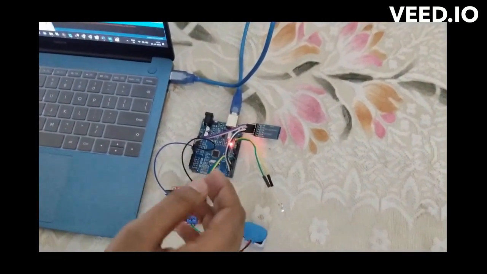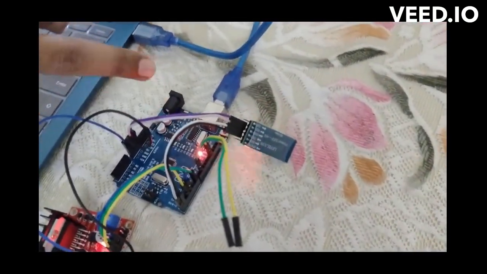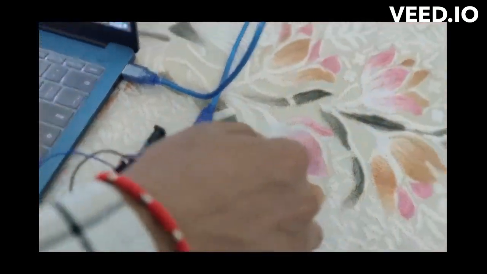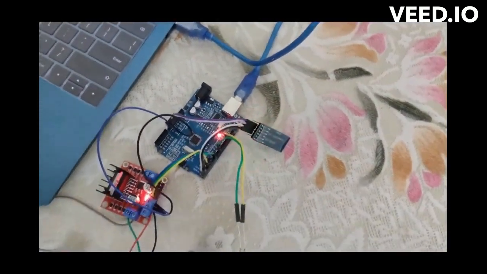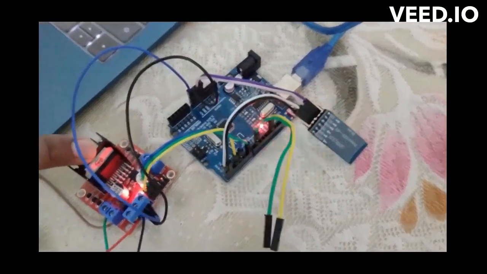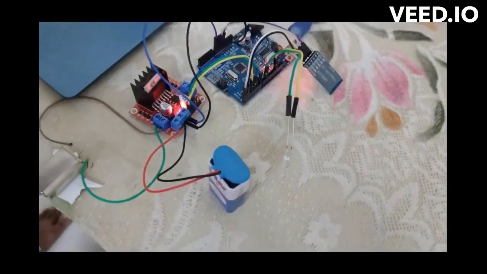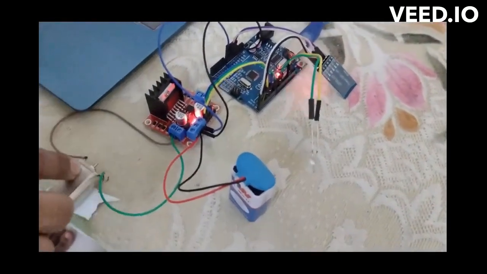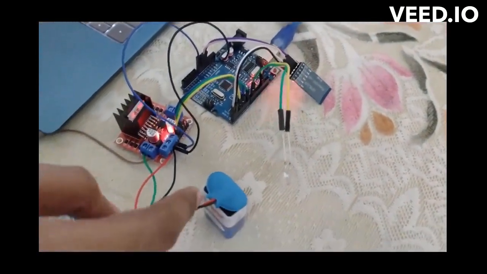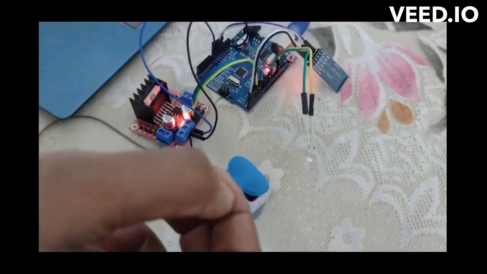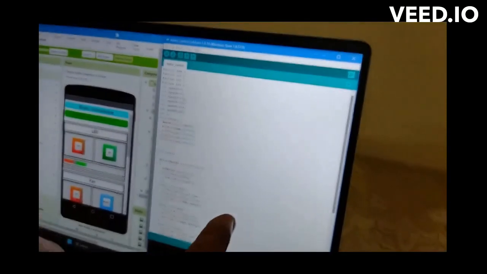We are having several components in this project. Firstly, there is Arduino Uno R3 to connect the inputs of user to the outputs. Then there is HC05 Bluetooth module which transmits and receives the data between mobile application and Arduino. And here is L298N motor driver to control the flow of current into the DC motor. We are having a DC motor and an LED for the outputs and a 9-volt battery to powering up the project. And there is a custom mobile app and Arduino IDE to complete this project.